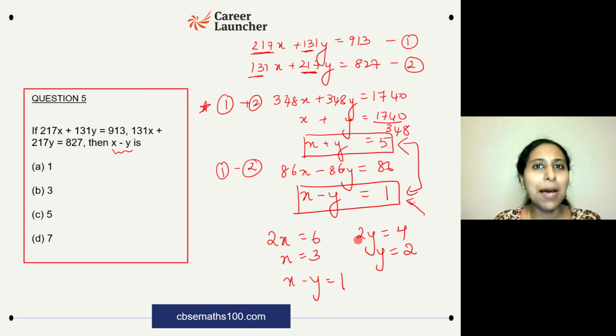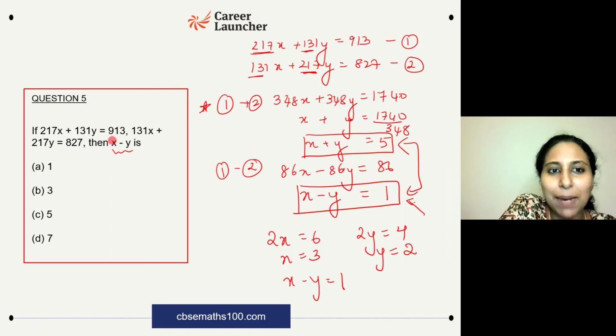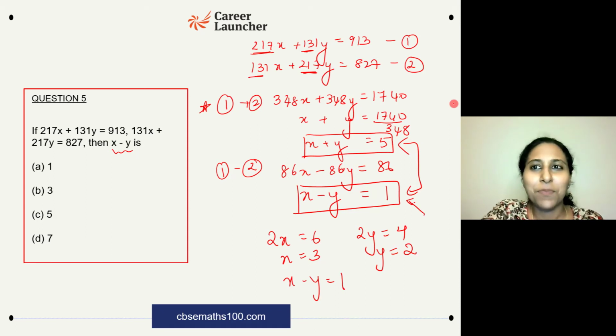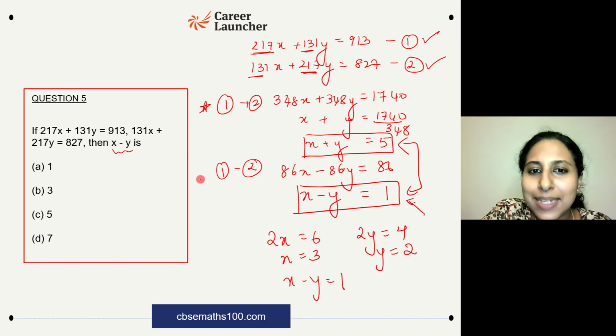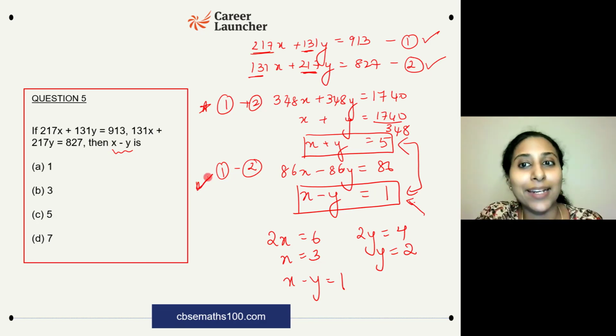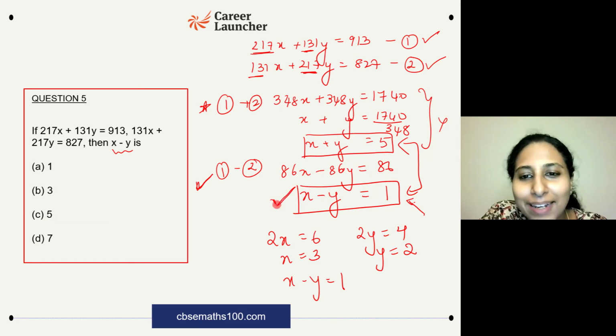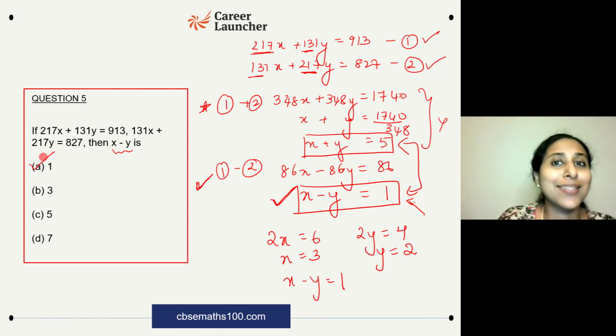But from an exam perspective, if this question came to you in the exam where you had to find the value of x minus y, you don't have to do all these steps. Once you write equations 1 and 2, you just had to do this step where you're finding 1 minus 2 directly. These are not required. You can directly subtract equations 1 and 2 once you notice this pattern. Divide throughout by 86 over here. You directly get x minus y is equal to 1. And that could be marked as the answer.